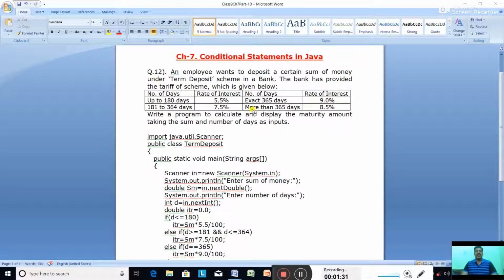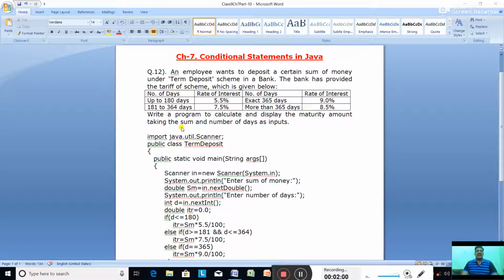And if the money is deposited for more than 365 days, more than 1 year, the rate of interest is 8.5%. Now the question is: write a program to calculate and display the maturity amount, taking the sum of money and number of days as inputs.